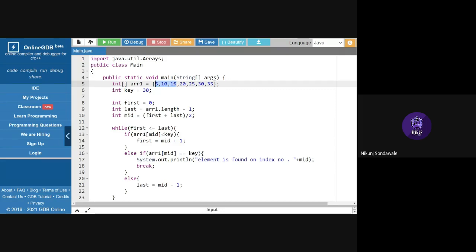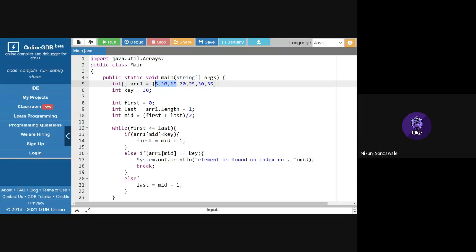That's why last equal to mid minus 1, meaning index 0, 1, 2, 3; 3 minus 1 equals 2. That's why my last index is 2 right now. This is the meaning of the else block.